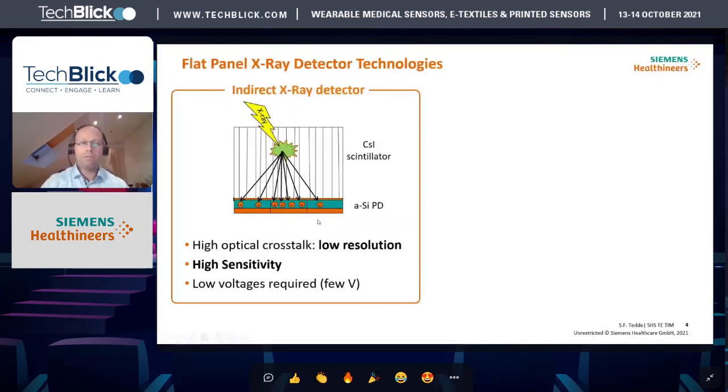The peculiarity of these detectors is they have a really high sensitivity, so we can detect signals even from single X-ray photons. However, we have a relatively low resolution, and the reason is shown here. So the light is spread isotropically from the point where the X-ray photon is absorbed. So basically, photons generated here are going over several pixels, and this is somehow degrading the potential resolution of this detector. So there is a second